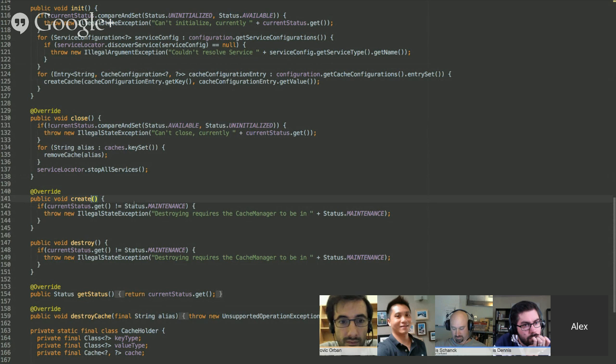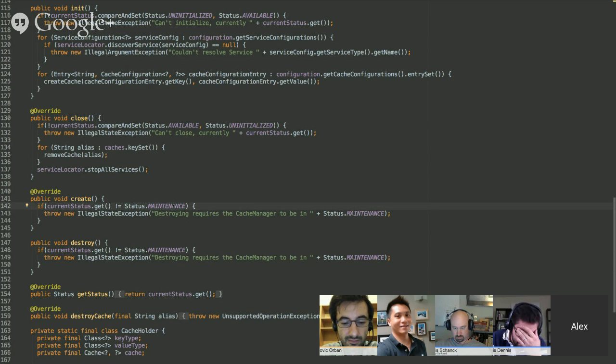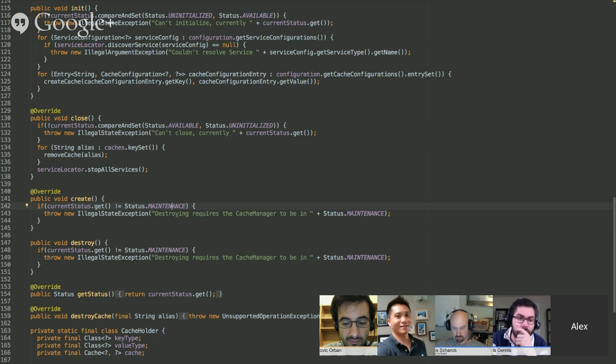Then you've got this create stuff to make sure that you're on maintenance. We also need to make sure that you're the one on maintenance. How are we going to do this? The exception's exactly wrong. What? You copy pasted the exception from destroy and didn't change the message. Yeah,